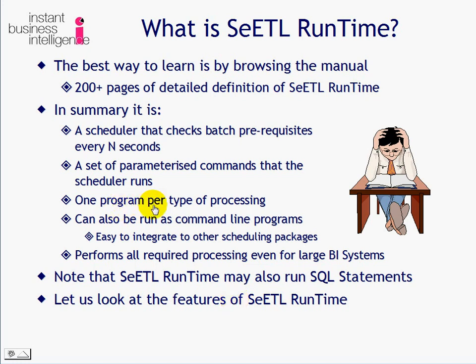satisfied. Now there is one program per type of processing. So for example, there is one type 1 dimension processing program, one type 2 dimension processing program, one fact processing program, one fact association processing program. So what was done was the